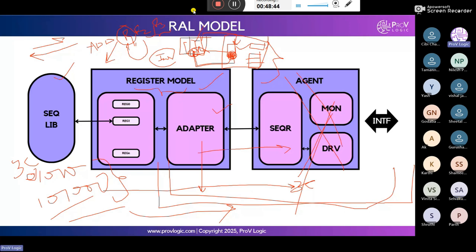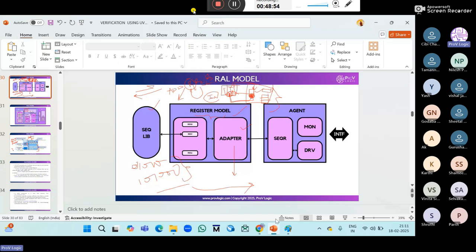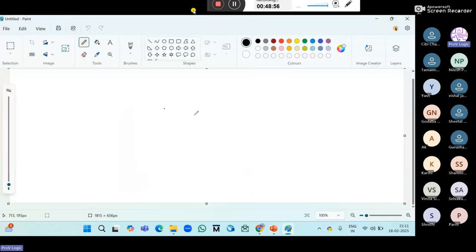Okay, so predictor. I think everyone got the clarity about the predictor, right? Whatever the register desired value is there, it will be matched to the mirror value, and it will update, so there will be two different values. This is our actual R1 register.